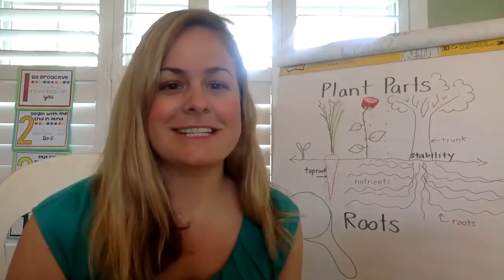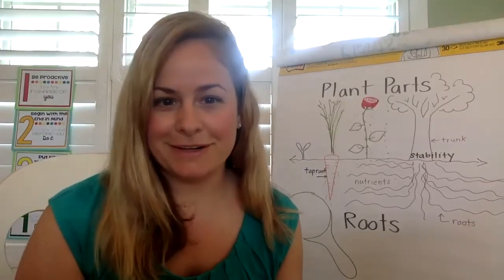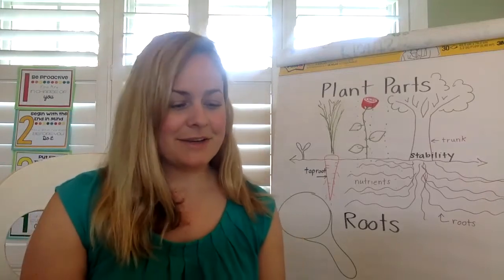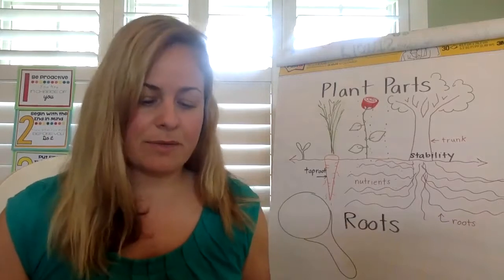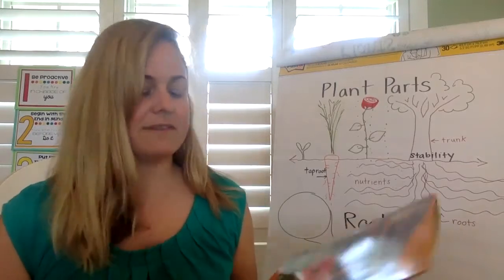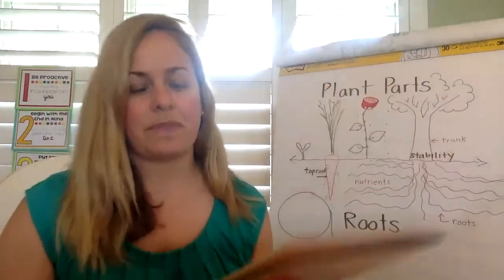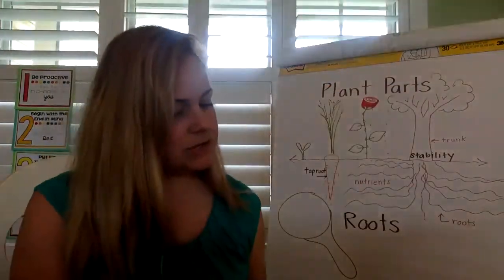Good morning, first grade. Today we're learning about plant parts, and today's part is stems. So we're going to continue reading our book, What Do Roots, Stems, Leaves, and Flowers Do? And this story is written by Ruth Owen. And we are on page